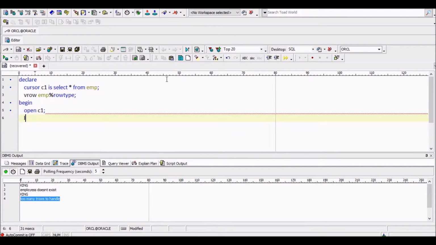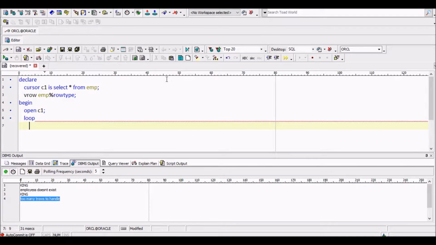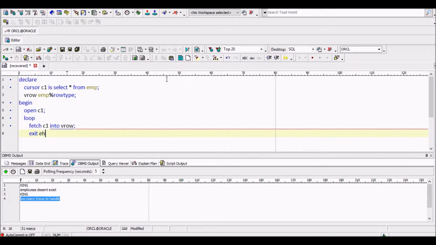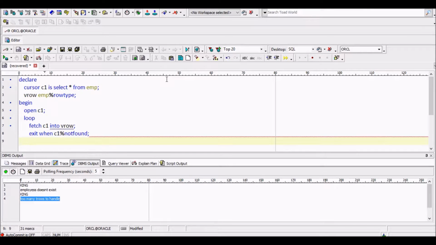OPEN C1; LOOP; FETCH C1 INTO v_row; EXIT WHEN C1%NOTFOUND. C1%NOTFOUND is a cursor attribute.